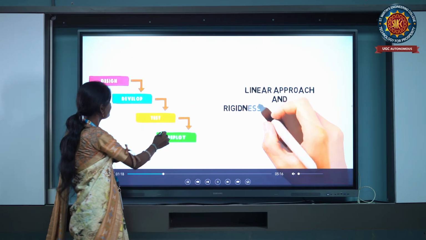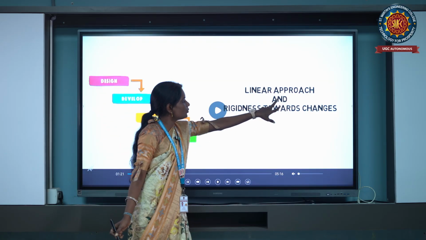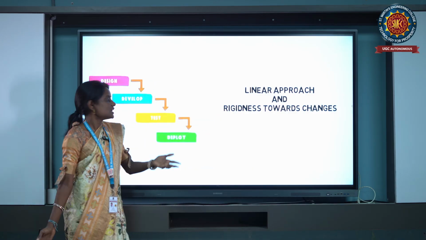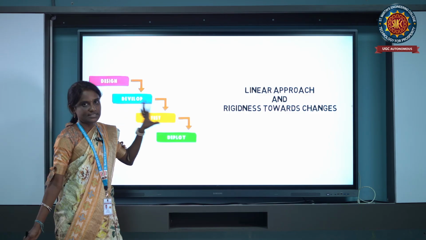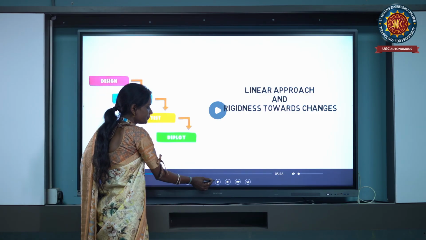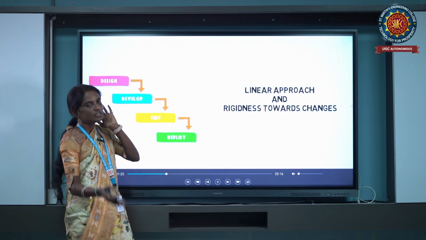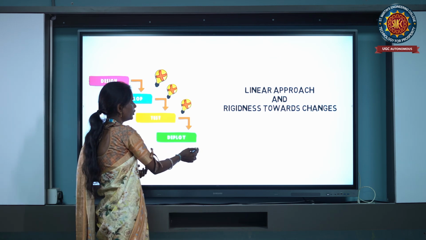Here it is a linear approach with rigidness towards changes, meaning it is not flexible to changes. Design, deploy, all the steps are the same, but it is not flexible compared to the other models. Here we will compare the difference between the agile model and the waterfall model.